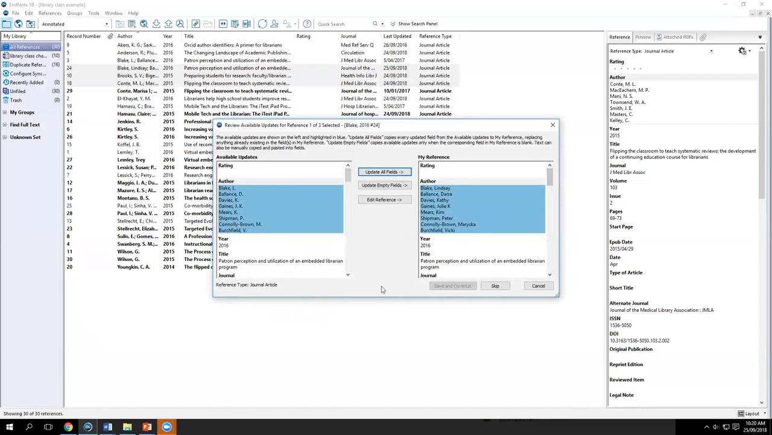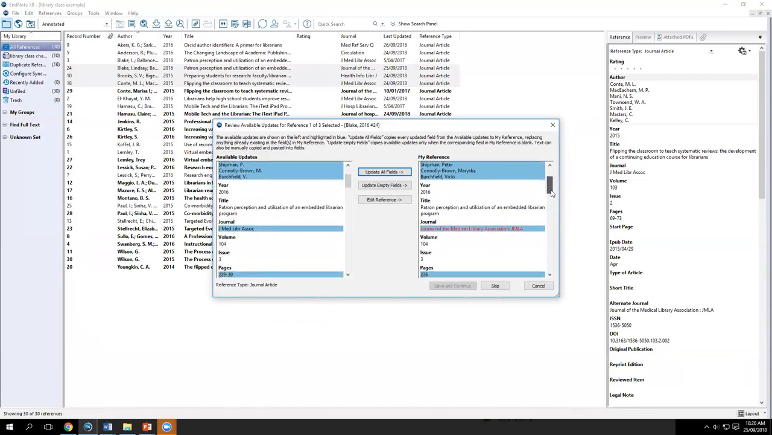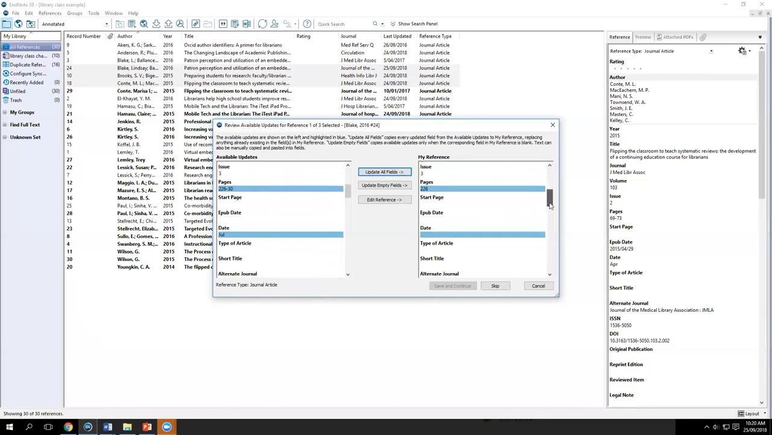And if it has found either a difference or there's further information, it brings up this little window which looks a little similar to our Find Duplicates, and it has the same system where it highlights where the difference is. So over on the left, you can see it's got available updates, and your reference, the current information you have, is appearing here on the right. So you can then scroll through and go, is anything updated? This, for example, in the pages,